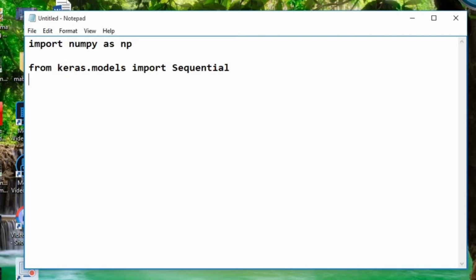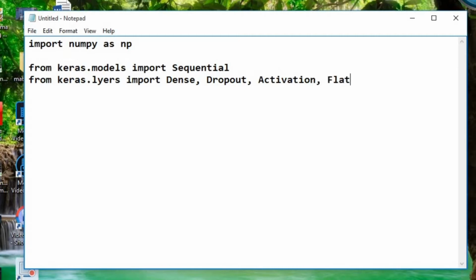Next to that, we need to import Keras layer types. So from keras.layers import Dense, Dropout, next to that Activation, and Flatten.